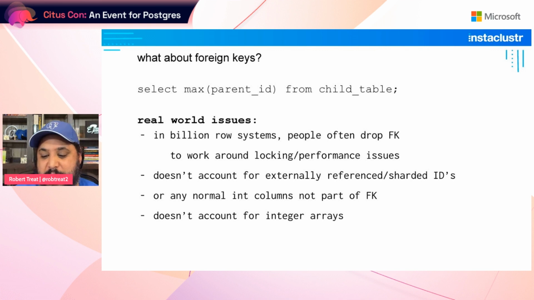If you've got a user table and an order table, and now it's a user database and an order database, those orders still need to reference a user ID, but there's no easy way to look that value up, because now it spans into another database. So you'd have to go through every column and figure out where those numbers actually relate to. And this isn't even talking about integers that might not be part of any kind of foreign key anyway. If it's coming from another API or something along those lines, you're going to get a number back, and you have no idea what the range of that will necessarily be. And I haven't even started talking about integer arrays, which is another case you need to be able to handle.